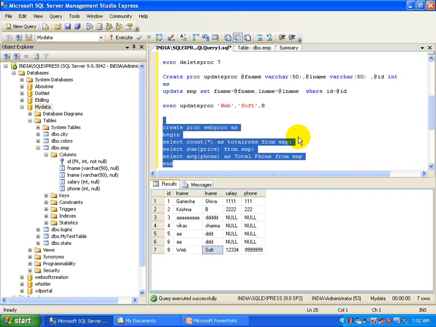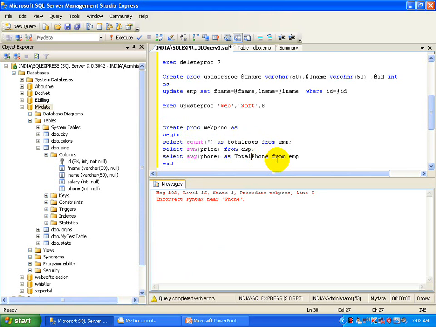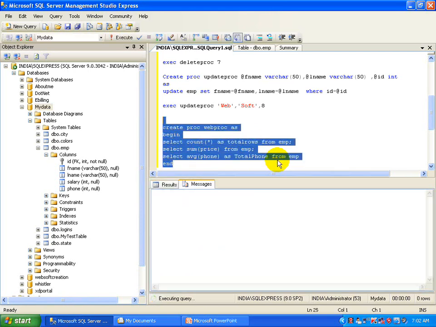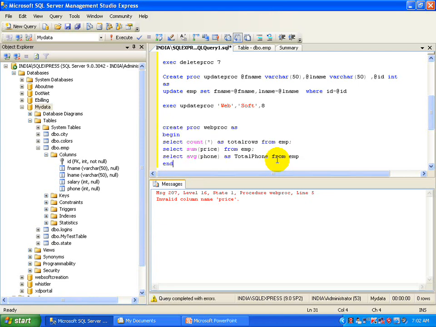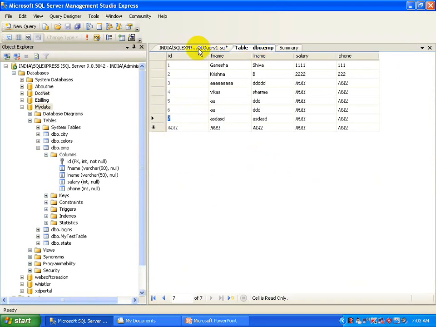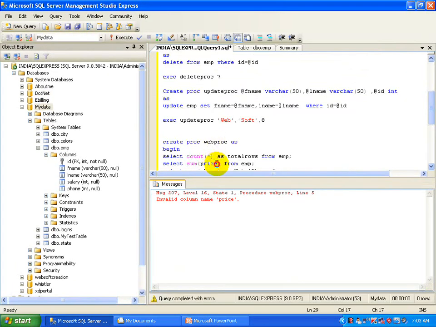You can see I executed it. There is some problem here. I think there is no field named price. Sorry, salary. I should write salary only. Price is an invalid column.